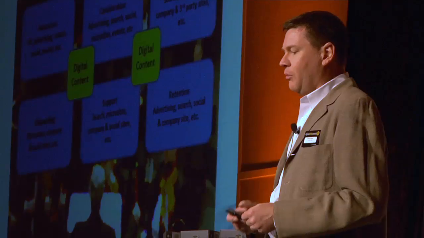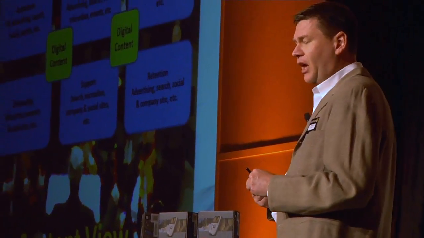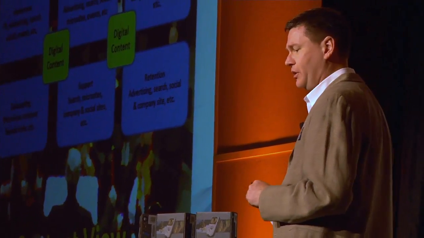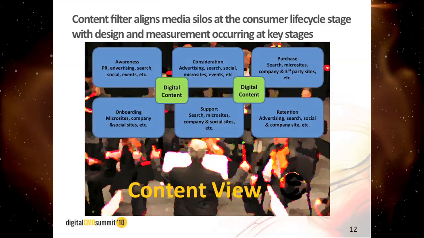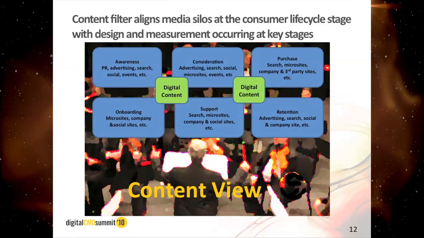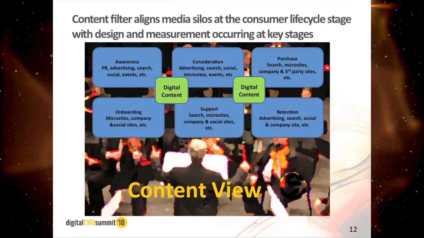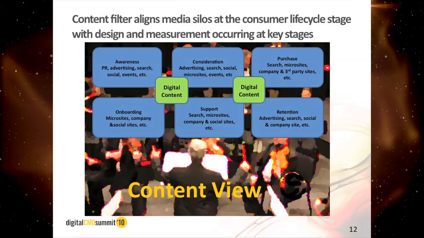What we're proposing, and we have actually put this into play to a certain degree, is that we look at it more from a content standpoint: what content do I bring together across those life cycle stages? If you look at awareness, for example, what are we doing in PR, advertising, search, social, offsite events, et cetera, that is actually delivering against that engagement? What are my metrics at that engagement level, and how well am I performing against them? If I succeed in awareness, I move them into consideration. If I succeed in consideration, I move them into purchase, and on through.